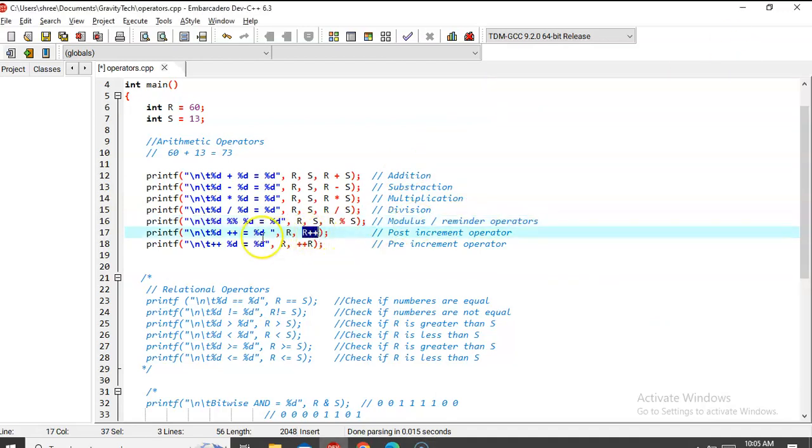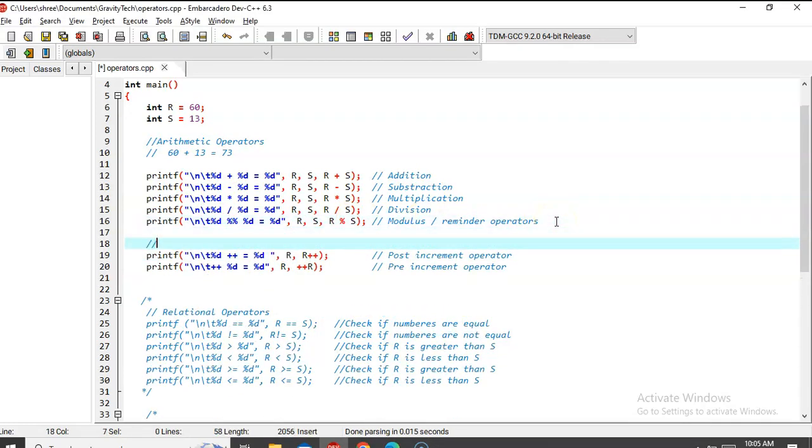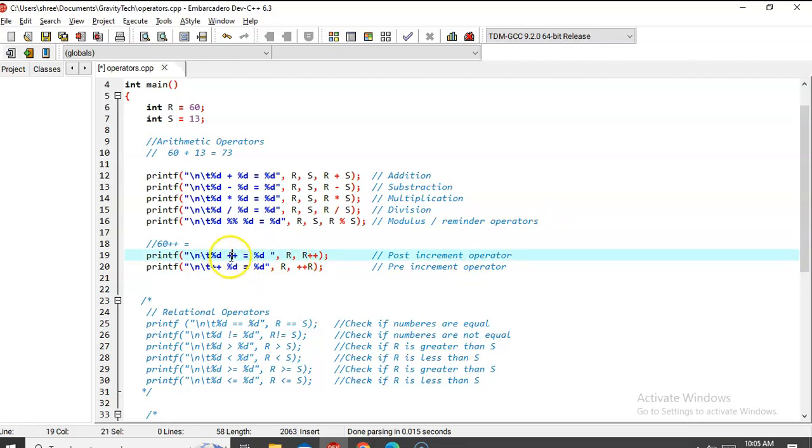R plus plus. So now in this case what we want is like this. 60 plus plus is equal to what? Right? So 60 plus plus something. Here it will print R first and then plus plus. But here, what exactly do we mean by plus plus? If we put plus plus here and if you put plus plus here, what is the difference? If you put plus plus at the end, what it will first do, it will use the value of r,